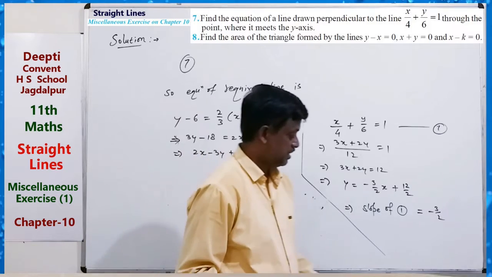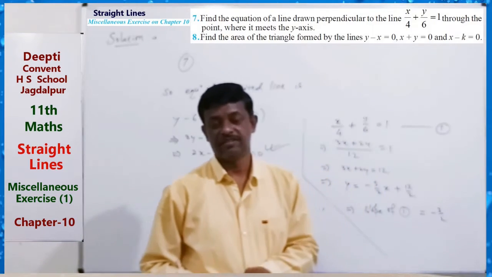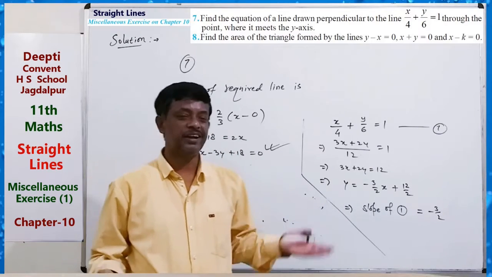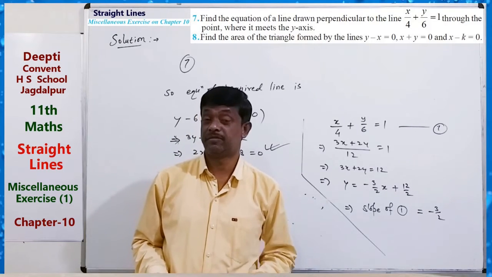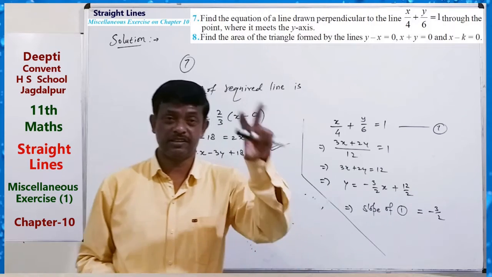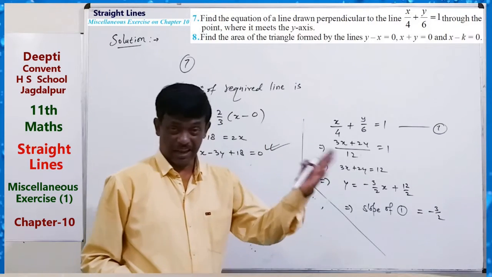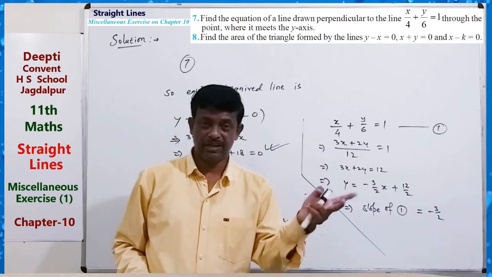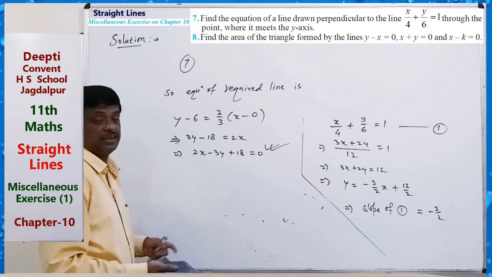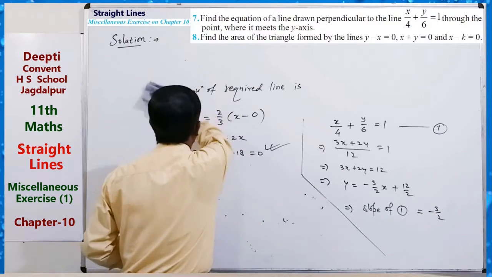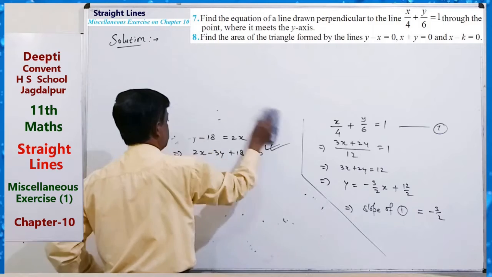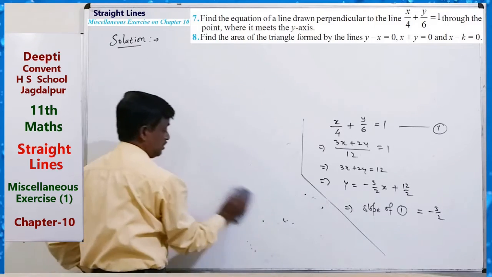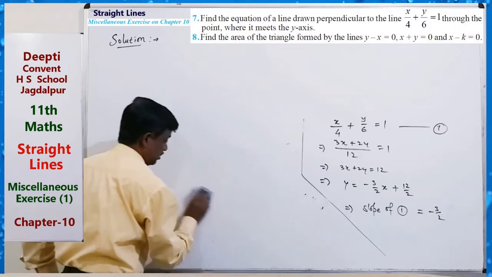Here the sides of the triangle are given by 3 lines, and we have to find the area of the triangle. For finding the area of a triangle, we require the vertices. So there are 3 lines, sides of the triangle. We will solve them by taking 2 at a time, then we can get the vertices. And using the vertices, we can find the area of the triangle by using the formula